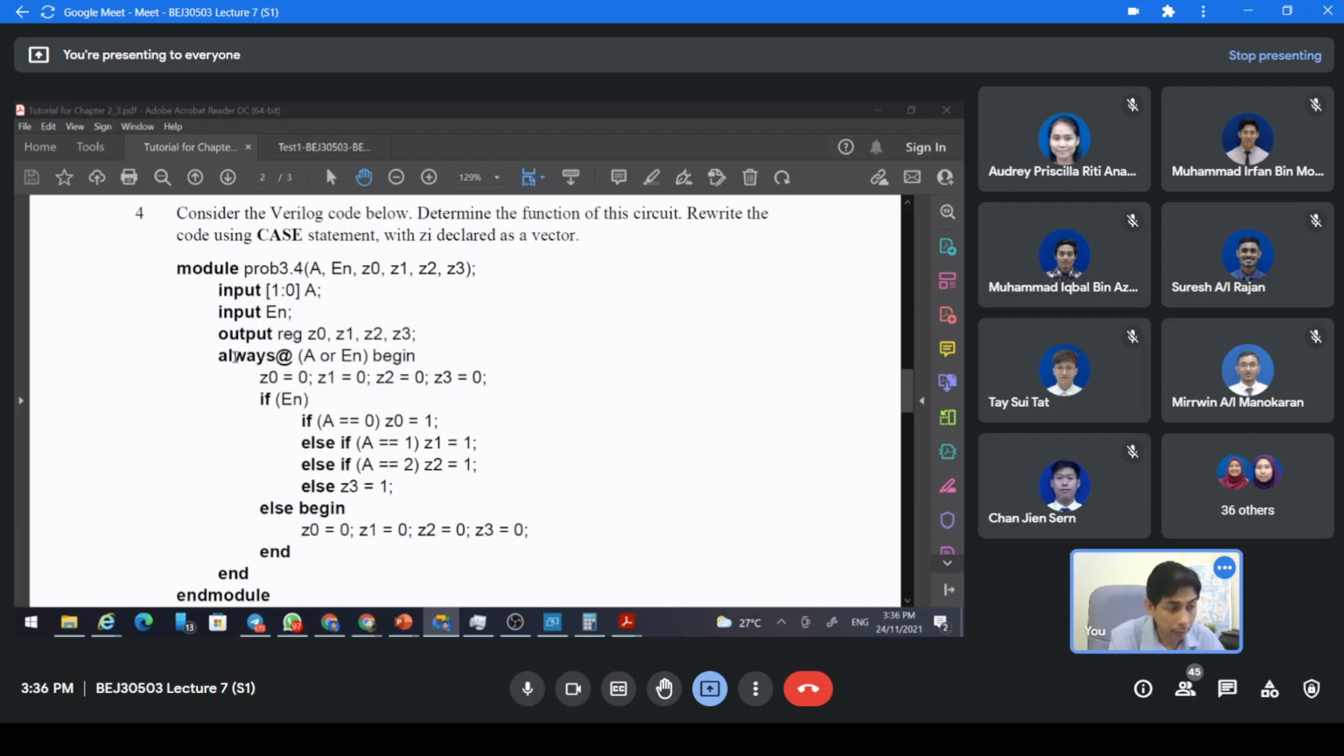and you are required to change this coding style from using if else to a case statement, right? So here you can see that the code is using if else statement, and you need to change it from the if else statement,